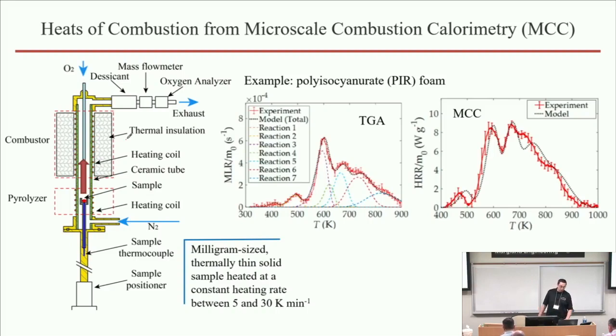As you can see, when we model the TGA, we identify 7 different reactions that contribute to that profile. And then we simulate MCC heat flow in these materials. What we basically do is match the heats of combustion of individual gases that we define in the model to make sure that we reproduce the MCC trace. And as you can see from the fact that those traces are not exactly equal to each other in profile and shape, those heats of combustion actually differ. So the assumption of the same heat of combustion for all gases at all temperatures would not produce a good fit here.